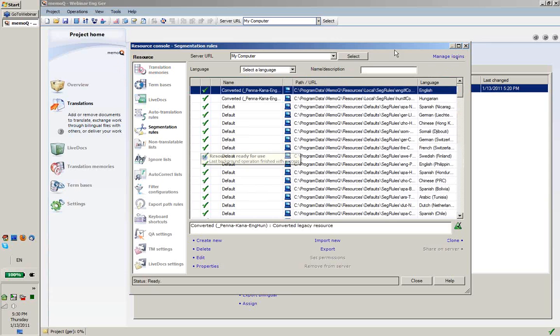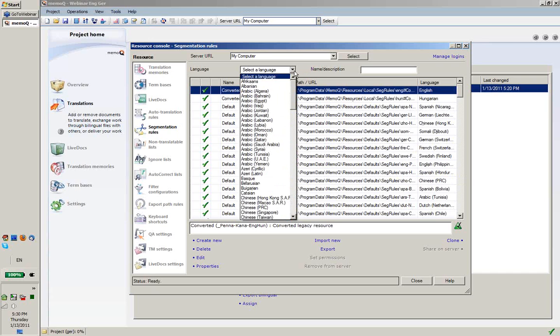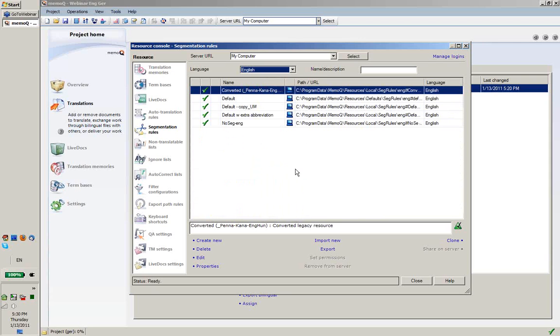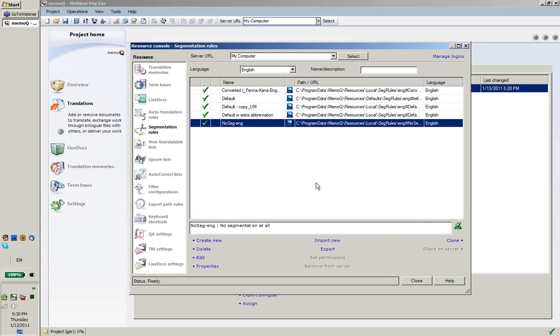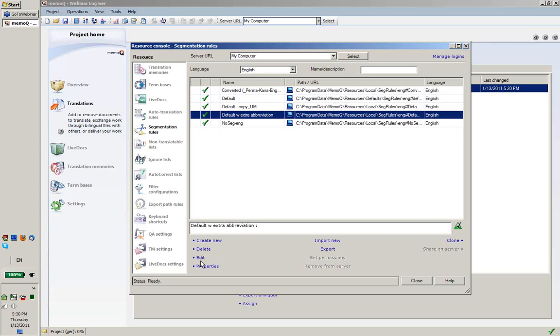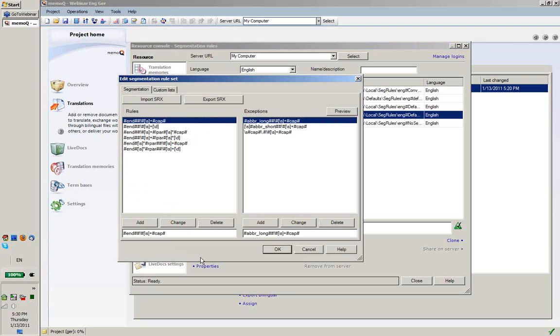What you see here is a long list of default segmentation rule sets for all the different languages that MemoQ supports. Let's now only take a look at the segmentation rule sets that are available for English. There's the default one, obviously, but there are a couple of other ones, and one of these is what I called no segmentation for English. If I just click any random one and choose edit,